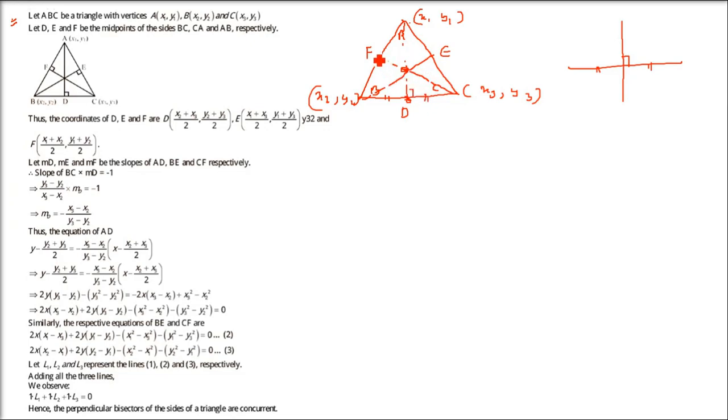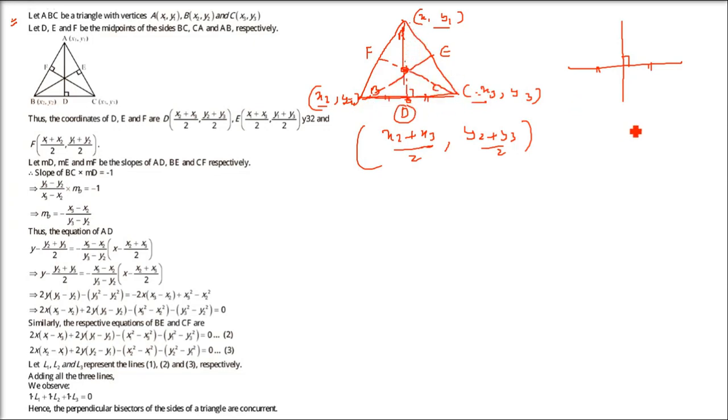So we have to find, say, BC, and the point D is its midpoint. By the midpoint formula, it is x2 plus x3 by 2, and y2 plus y3 by 2. So you have these two midpoints. Now I'll first do something, and then show you why we will not get the answer that way. Any line passing through x1, y1 and through these midpoints, you can find a line. You will be tempted to do this.